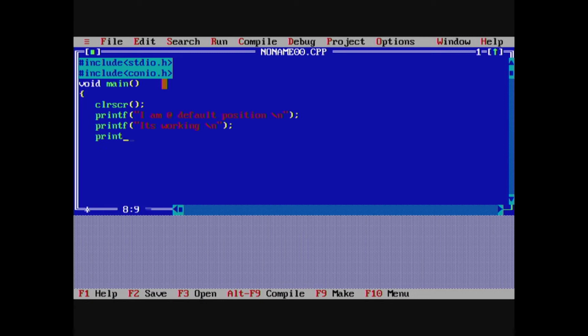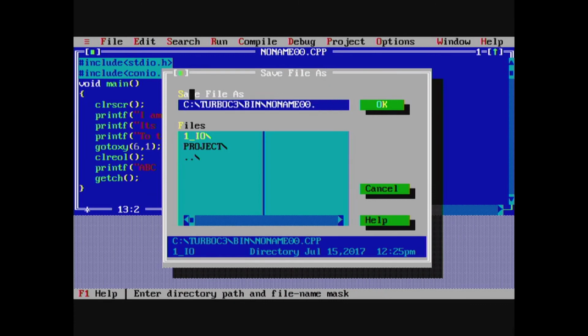In the next line, printf to the end of line. Now, you call the gotoxy function, gotoxy 6, 1, then you call the next function clreol, then printf ABC, then call getch, then close the curly brace.